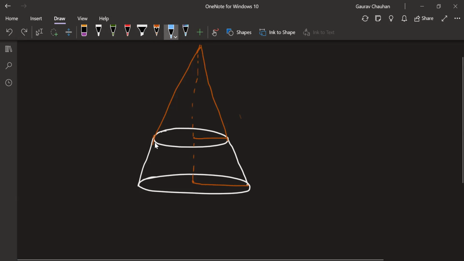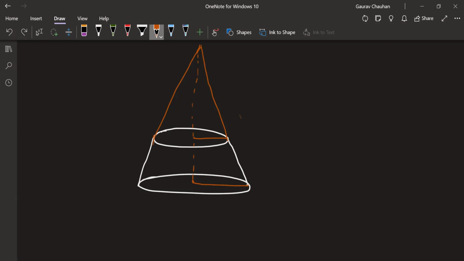Same way slant height also. This is the slant height of the first cone, the original big cone. This is the slant height of my cutoff cone. Of my frustum, what is the slant height? Only this much. Can you see? This is the slant height of my frustum. Are you following me? Any problem with this? Good with that?